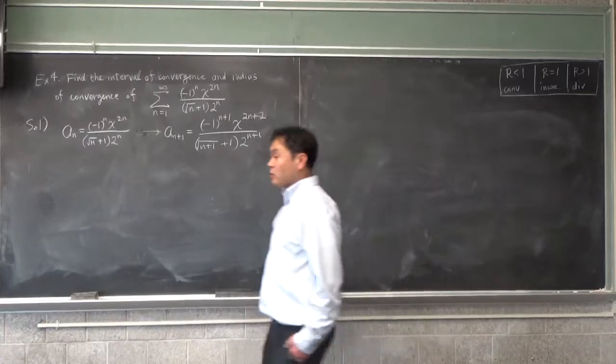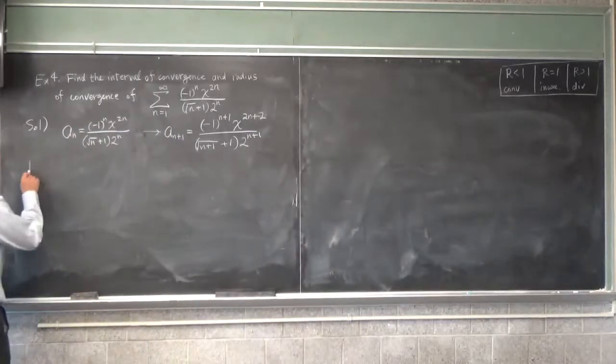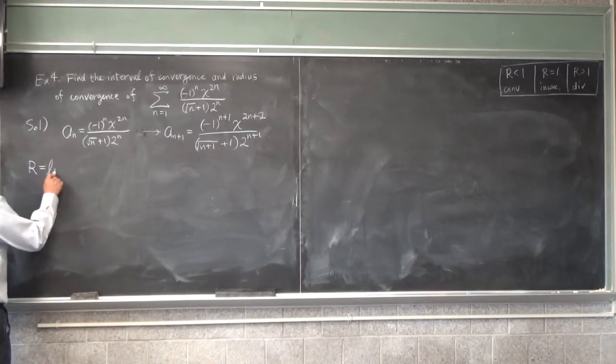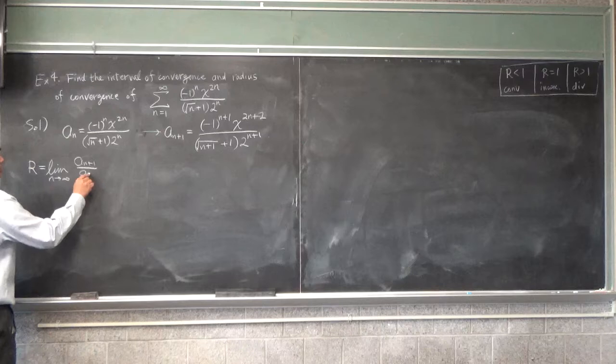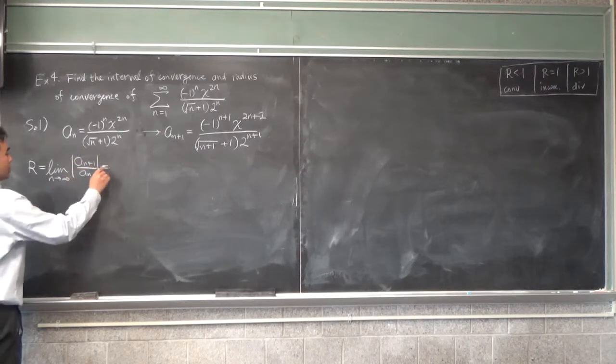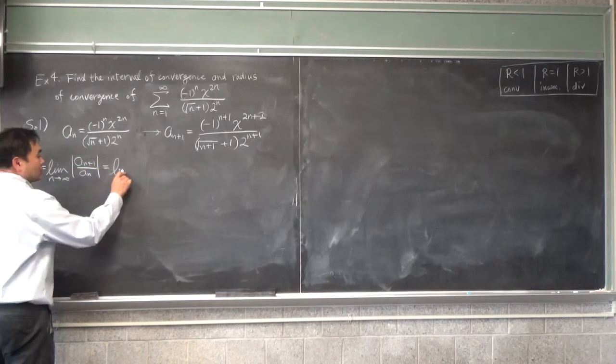We then take the ratio. Capital R is the limit of n going to infinity of A_(n+1) divided by A_n, which is,